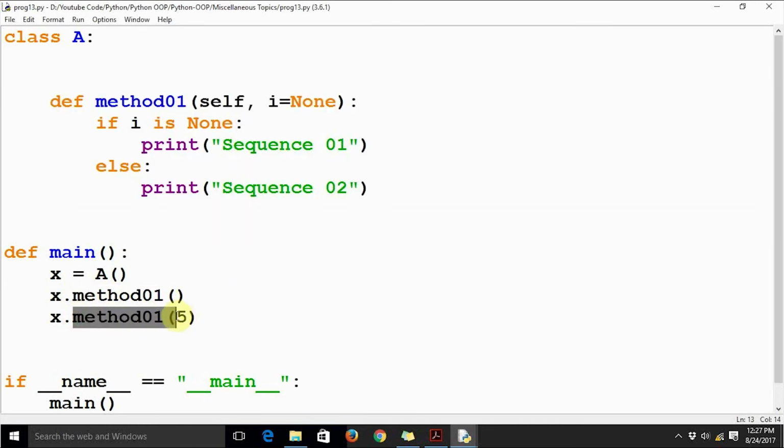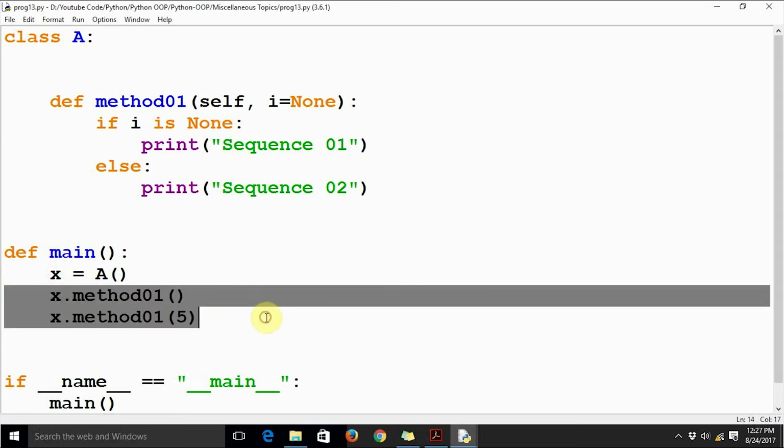As I told you in the beginning of the video, Python does not allow multiple methods to have the same name, but still we are able to achieve a sort of polymorphism by passing a different number of arguments. In one method call we are not passing any argument at all, and in the second method call we are passing an argument.